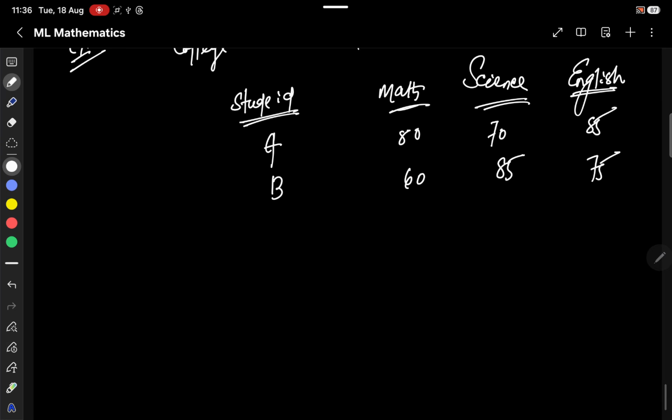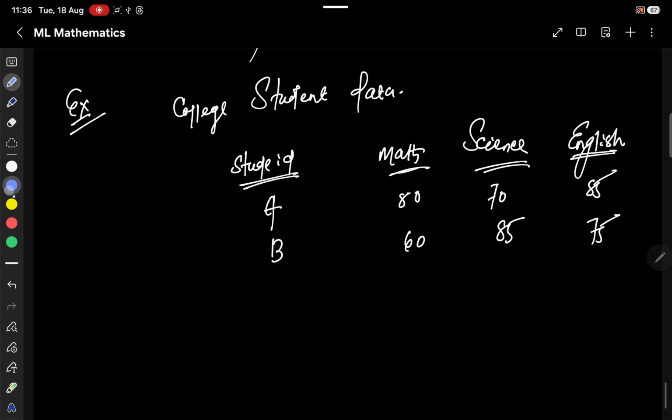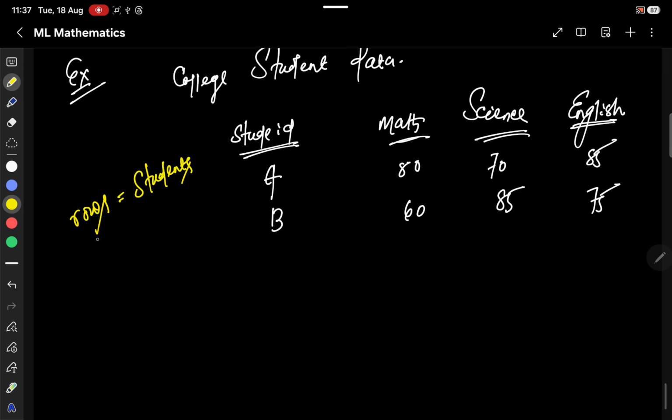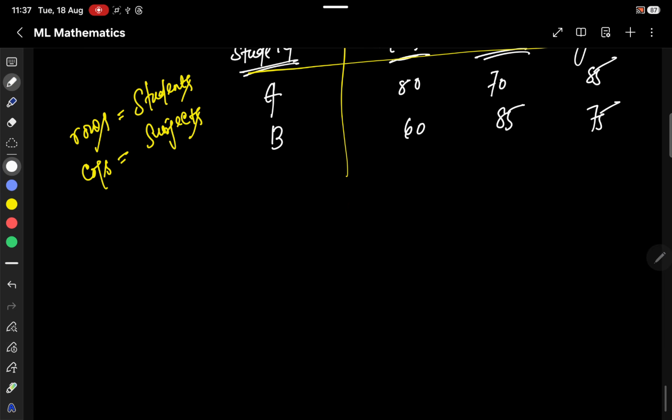If you look closely, my rows are students, right? See closely. My columns are nothing but subjects. Yes or no? A kind of subjects. So if you look at how these things look, if I will be transposing,